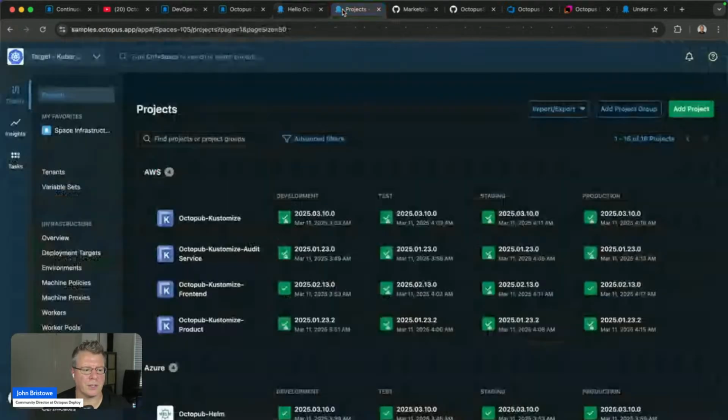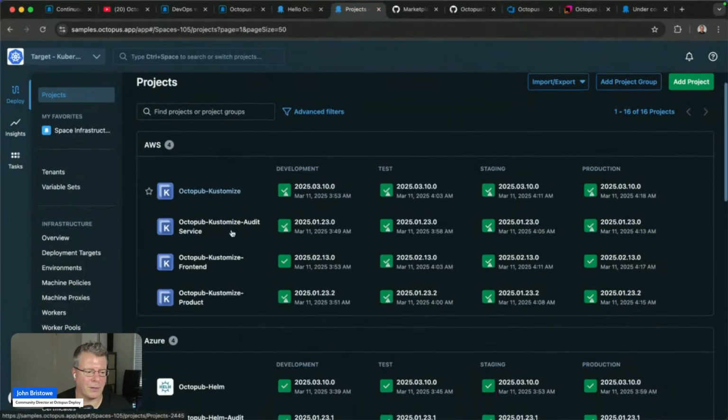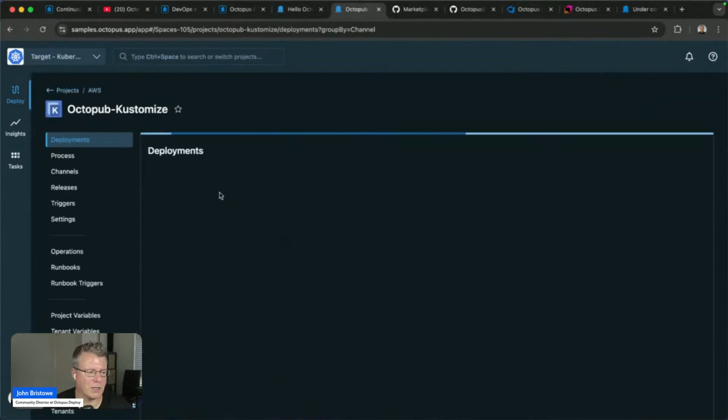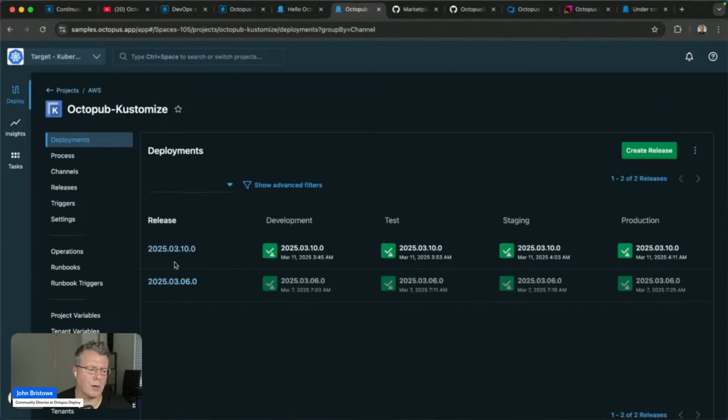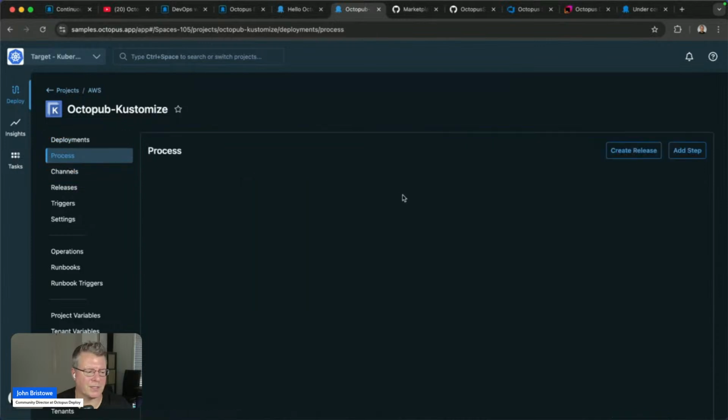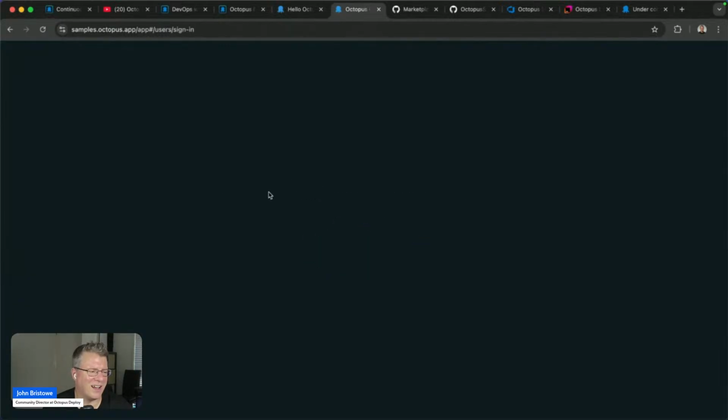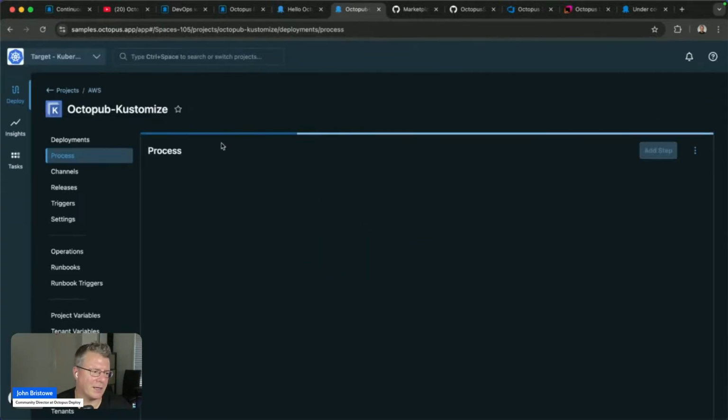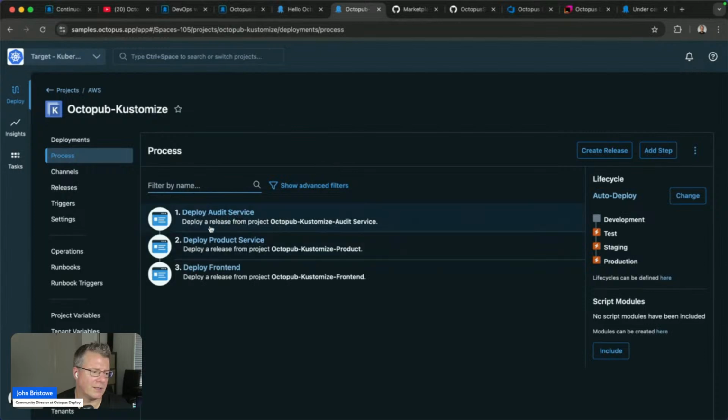If we jump over to another example here, this is an example of utilizing other ones that have executed in the past. So if we take a look at this project here, this is what a more elaborate deployment process might look like. So you can see we have a bunch of steps. Sorry, internet. Inside here, we have a bunch of steps that I can utilize. All right, so we have 3 steps here.